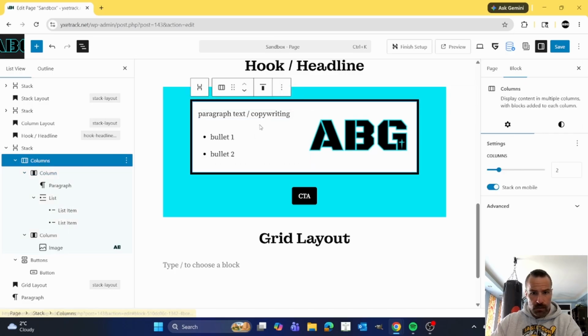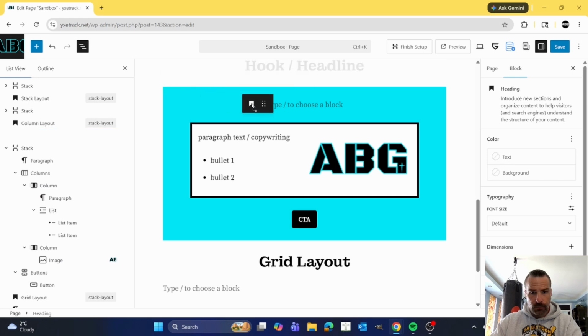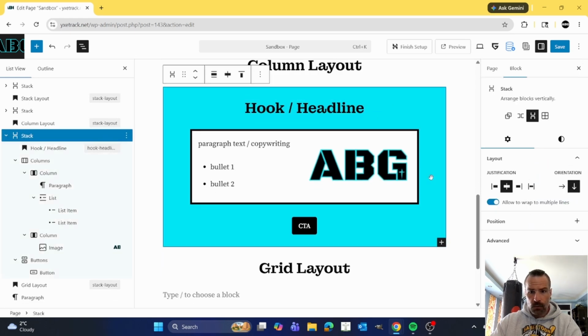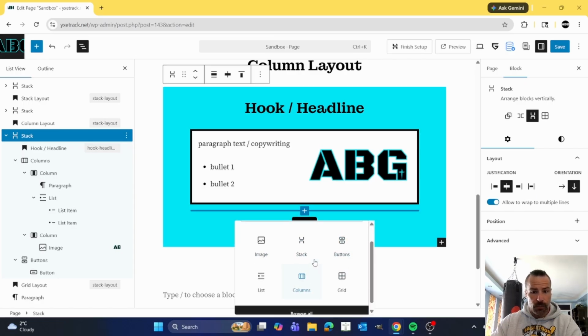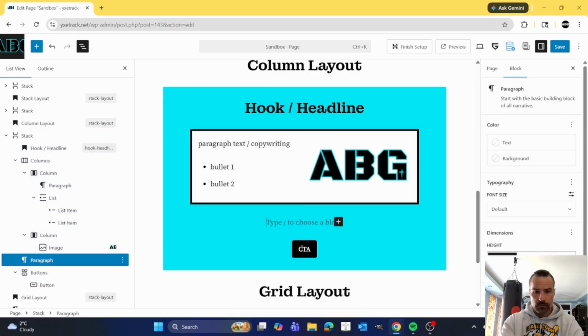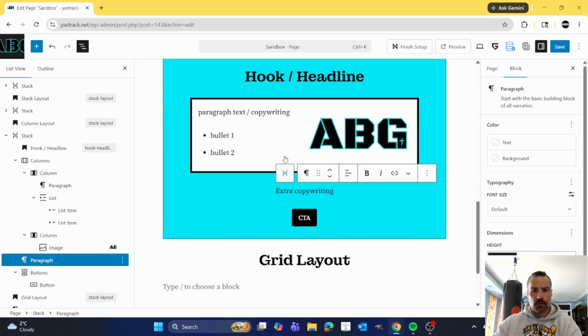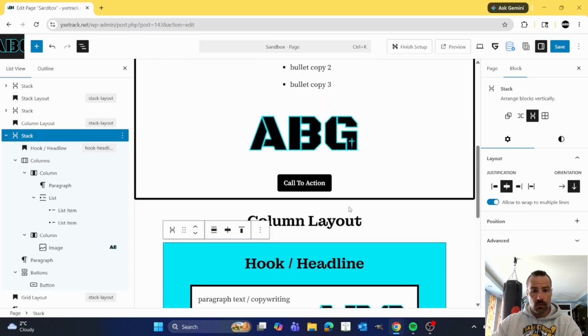Let me do this the other way. Add before. Now we're going to drag my hook and headline in like that. Okay, and so now this is a stack with a column layout. Really nice to add simple contrast here. You could add some extra paragraph text down here if you want for some extra copywriting. So you could add a paragraph, extra copywriting. And all of a sudden you can just see how easy it is to start to design things the way you want it, changing some contrast wherever you want, and you've got some nice layouts. So that's the stack